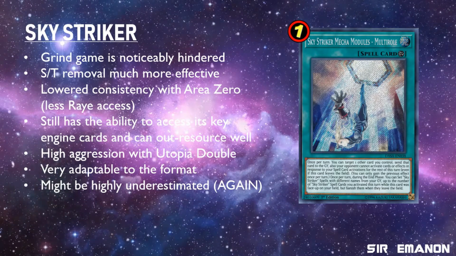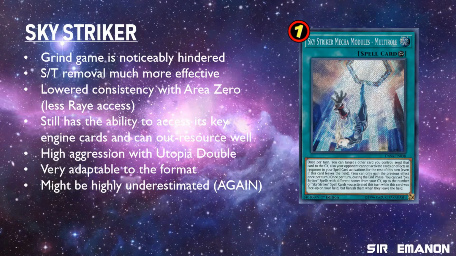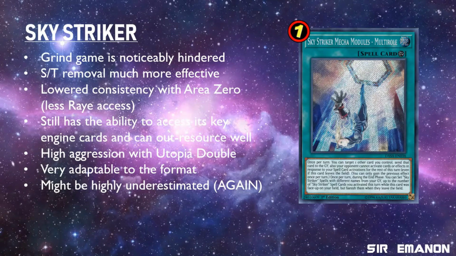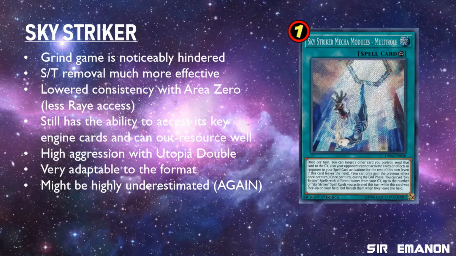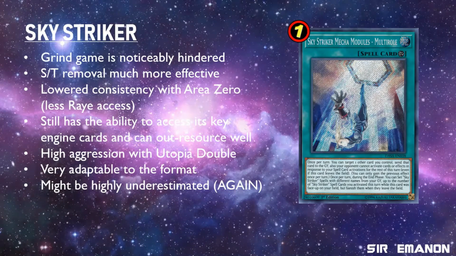However, if the deck is still able to perform well enough, perhaps by going second or even taking on a different strategy altogether, Striker can still very much drown its opponent in card advantage with Widow Anchor and Engage still at 3, and it has historically lived through many formats, proving its adaptability. It might even slip under the radar once more,